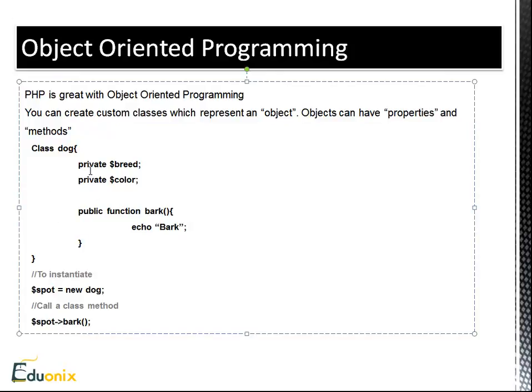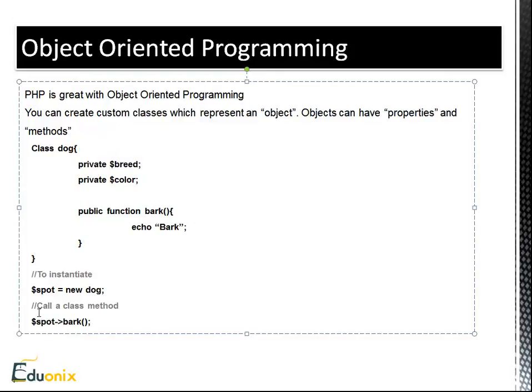And you might see these private and public. These are access identifiers. And what this means is if it's private, you cannot access this property outside of the class. Okay? If it was public, you could directly access it. You could assign a value to it or whatever. What's popular to do in PHP is to have your functions or methods be public, and you use a function to access your properties instead of just accessing them